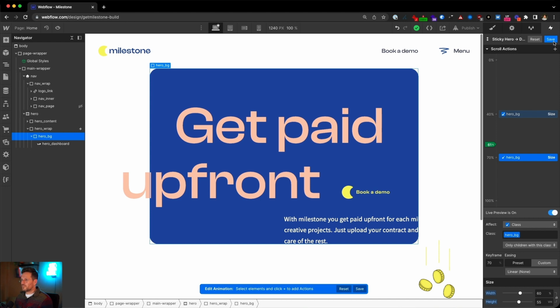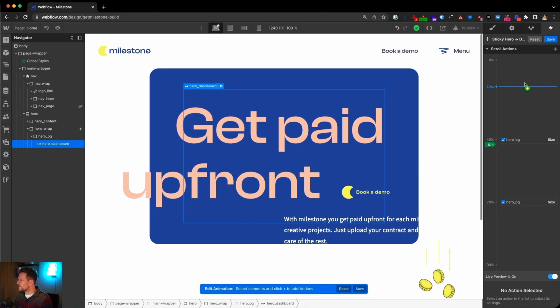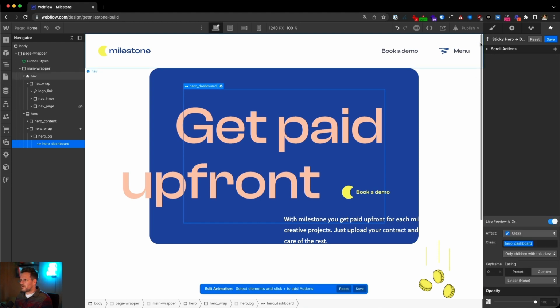So next thing that we need to animate is actually the dashboard. So this one, the dashboard, we just need to animate the opacity, and we need to play the Lottie file. So first thing, let's do the opacity.